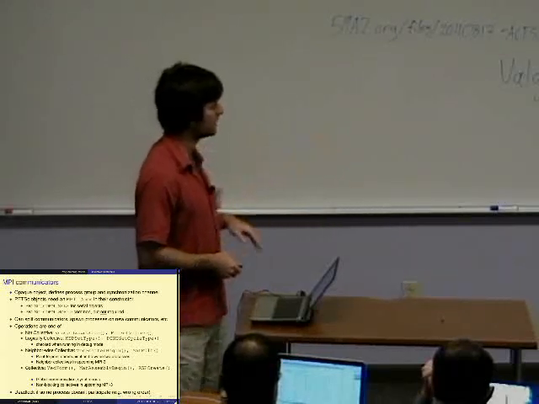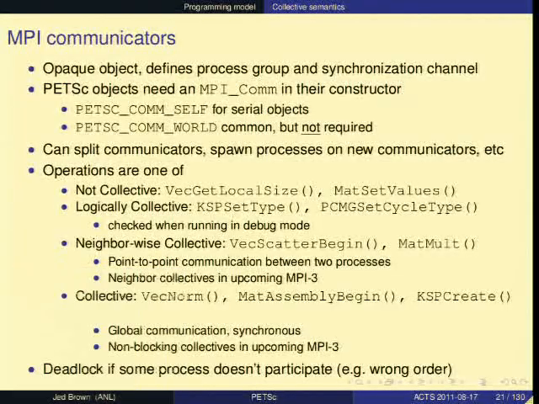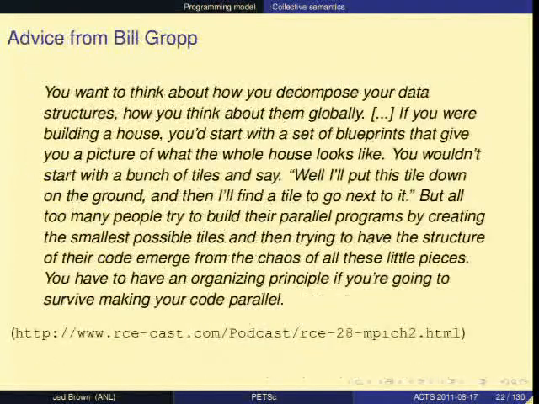And then the last type here is a synchronous kind of collective. So these are things like norms and object creation. And that involves something like an all reduce. And this is kind of a hard synchronization point. So in terms of semantics, there's not a big difference between these. In terms of how you call these kind of functions, they're really the same semantic. In terms of performance, these can be much more expensive, but very problem dependent.